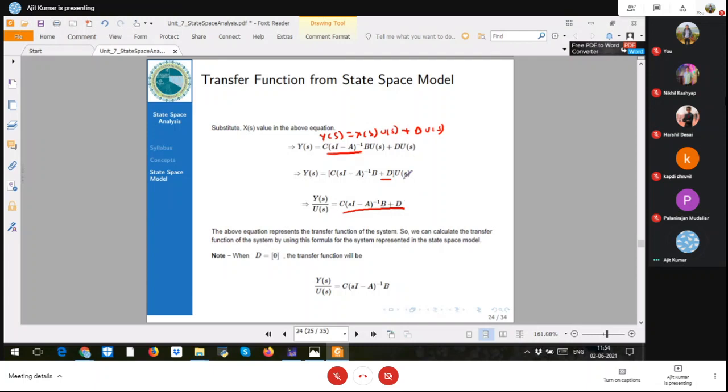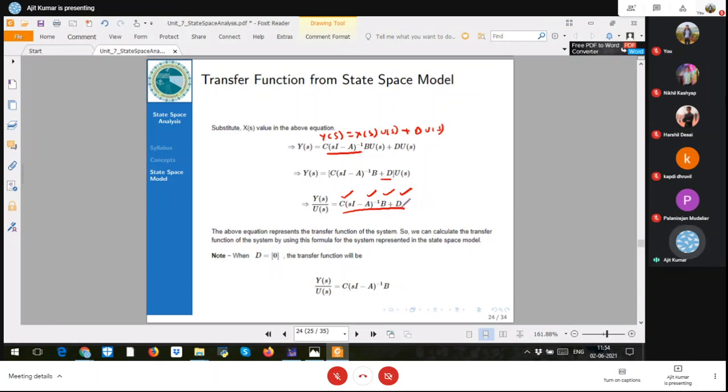Okay. So now you see this is your transfer function. Y(s)/U(s) is essentially a transfer function representation. And now you see this one. In any state space model, we will have the values of A, B, C and D. By having the matrices, we create a state space model. So from the state space model, we can get these matrices. And if you take C times (sI minus A) inverse B plus D, that will be your transfer function.